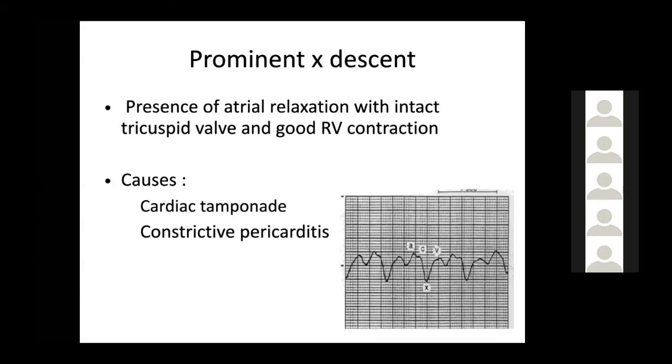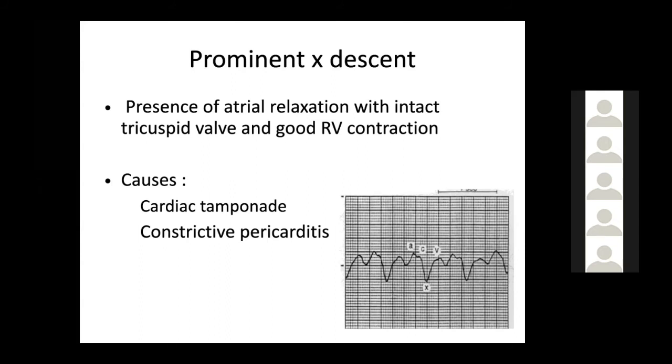Now, X descent is usually a systolic event. So in both the physiologies, constrictive pericarditis and cardiac tamponade, the systolic events are not much affected, and you get an X descent which is prominent in both. Again, I want to repeat for people who did not understand this. In both these pericardial diseases, constrictive and tamponade, the inflow, that is the systolic part, is not much affected. It is the diastolic, the filling part of the RV, which is affected.